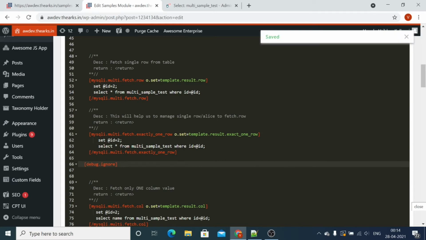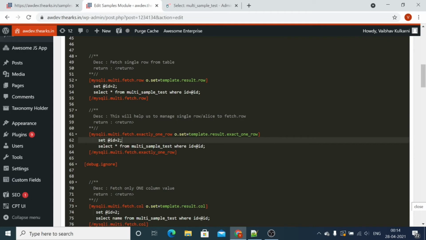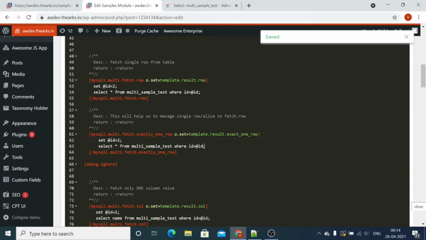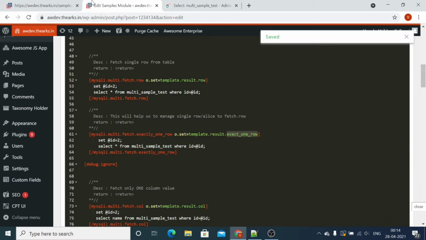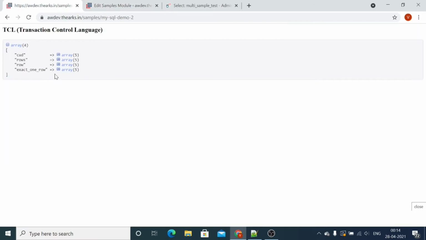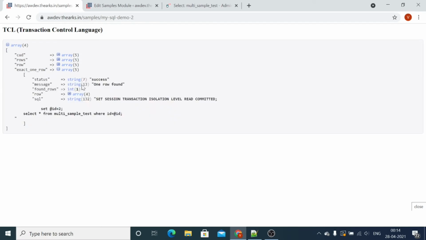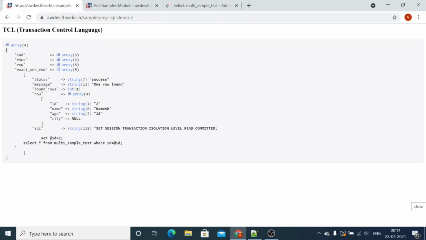We are executing two queries, that is, we are setting the value of 2 into a variable and then using the where clause. Now let's check. These two queries will execute and the result will be stored in exactly one row. Now let's go back and check. You can see the result in row.